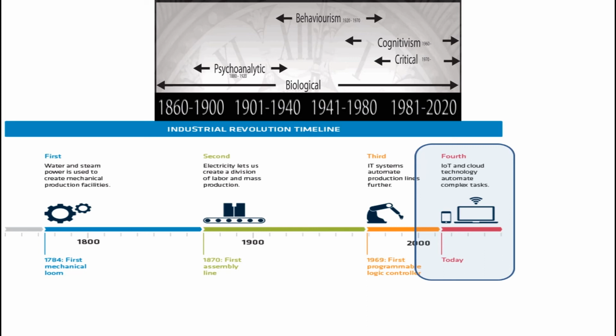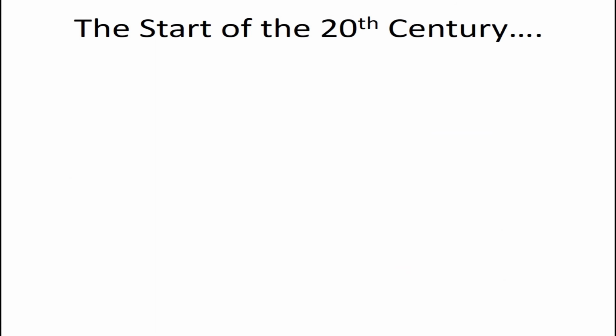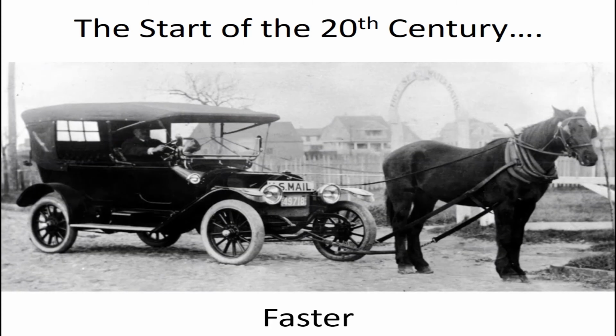Now, it's too soon to say how this Fourth Industrial Revolution is impacting on psychology because we're immersed in it at the moment. We haven't fully seen the effects of it. But what we can do is see the effects of the first three industrial revolutions on psychology. So let's have a whiz through to consider what was happening during these industrial revolutions in terms of the impact on society.